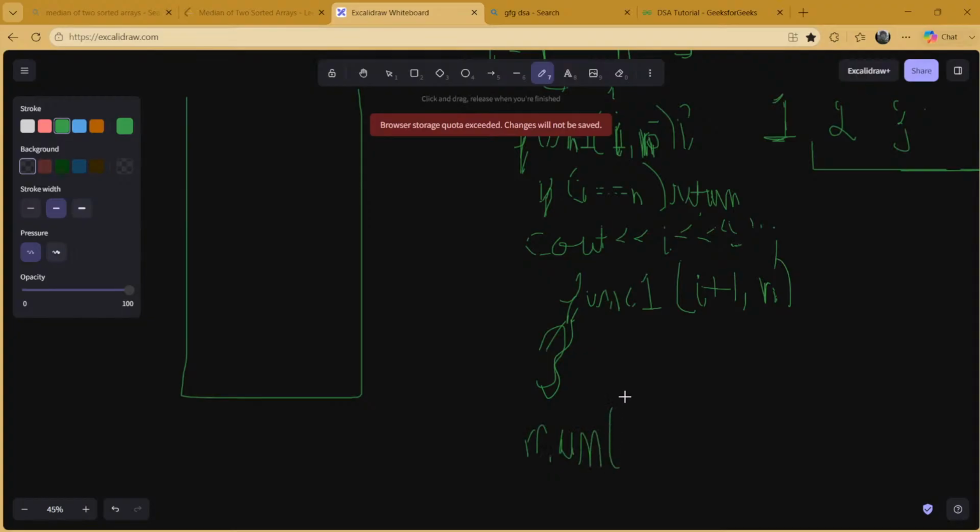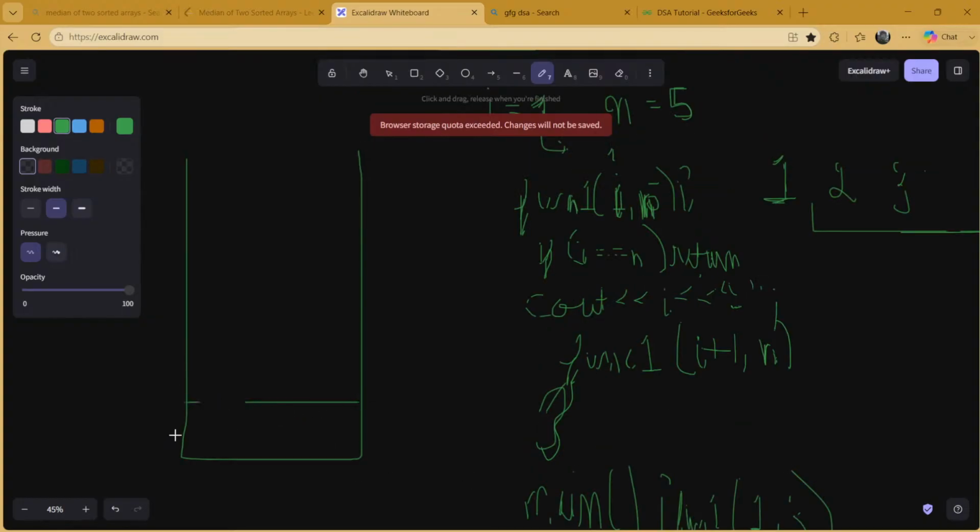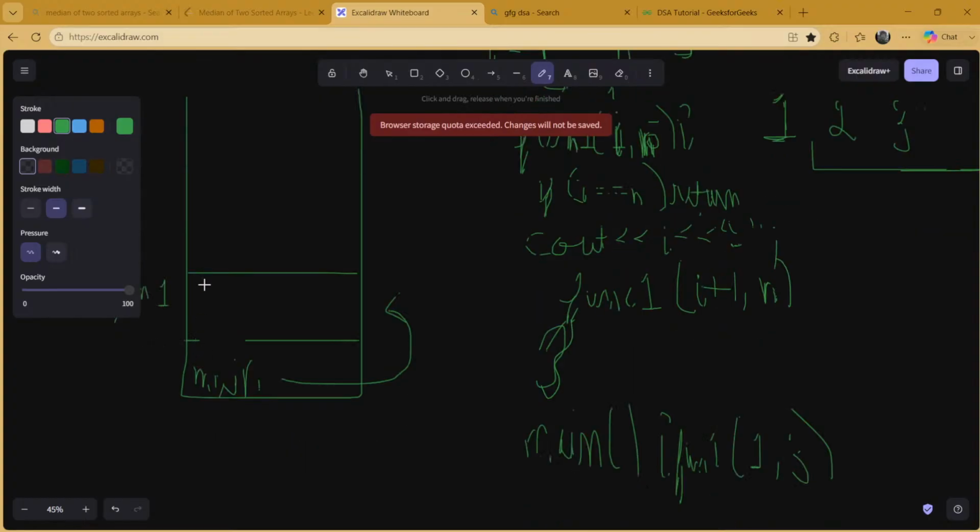ठीक है। तो सबसे पहले यहाँ पे मेरा मेन फंक्शन था, और इस मेन फंक्शन के अंदर मैंने func1 को कॉल किया, और func1 को कॉल करके यहाँ पे i की वैल्यू इनिशियली 1 पास कर दी, और n की वैल्यू 3 पास कर दी। तो सबसे पहले मेन फंक्शन कॉल हो गया। मेन फंक्शन जैसे ही कॉल हुआ, मेन फंक्शन ने func1 को कॉल कर दिया। func1 को कॉल करने के बाद यहाँ पे i की वैल्यू 1 है, ठीक है, और n की वैल्यू 3।